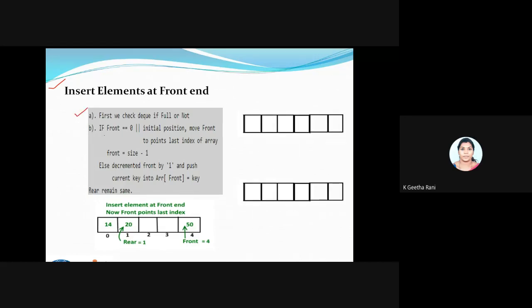The next one is, if my front is equal to 0, I'm trying to insert at the front. Initially I have a front value. Assume the front is here, the value is 14 and the index is 0.